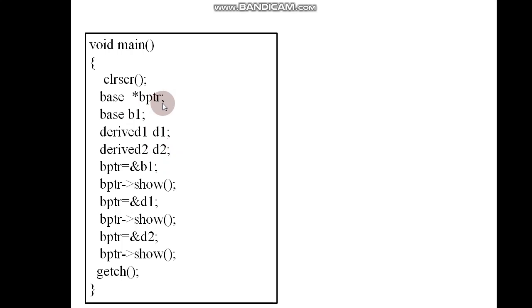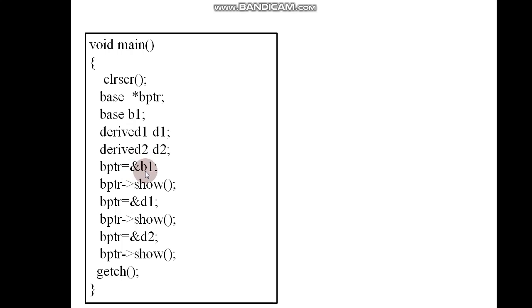So bptr is a pointer variable which can hold the address of objects of base as well as the objects derived from base. b1 is an object of base class, d1 is an object of derived 1 class, d2 is an object of derived 2 class.